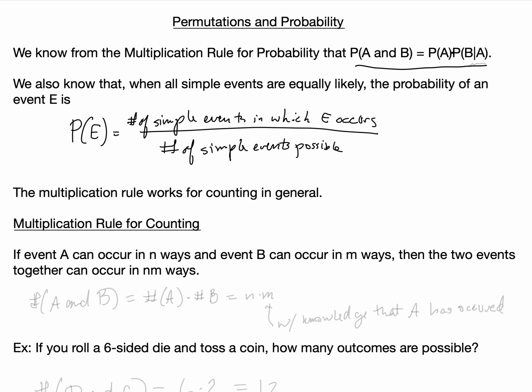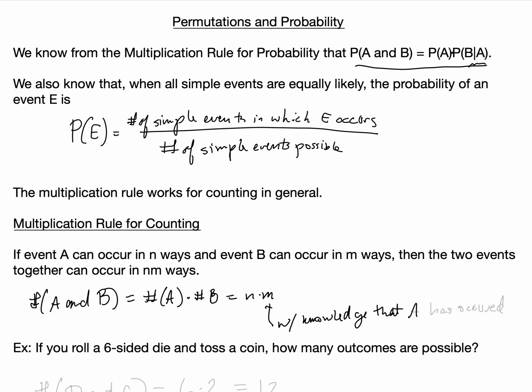If event A can occur in n ways and event B can occur in m ways, then the number of ways that the two events can occur together, the number of ways that A and B can occur, is equal to the number of ways that A can occur times the number of ways that B can occur. So that's n times m in our example. And just like we have to think about the conditional probability of B given A in circumstances where A and B are not independent, this is with knowledge